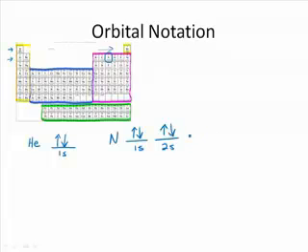And here, the thing to remember, when I get to a sublevel that has more than one orbital in it, I'm going to draw all of the orbitals, even if I'm not going to actually put electrons in them. So for instance, if I was doing boron instead of nitrogen, I would still draw all 3 of the